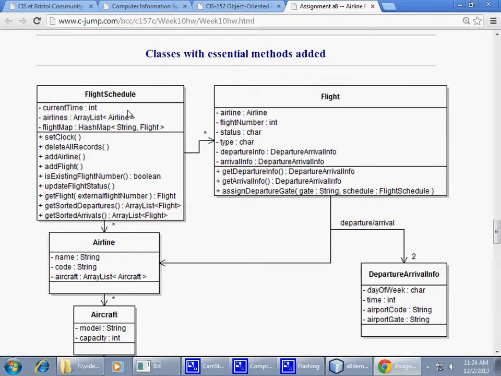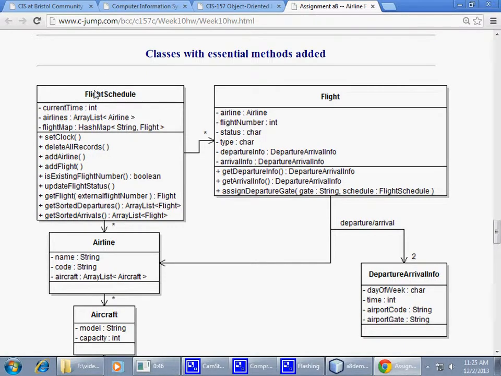So let's start with the flight schedule. If you remember what I said in our Java class last Tuesday, I would prefer to keep the main method of our application very, very small, very high level. That would include perhaps the main method creating the flight schedule and communicating with the user, perhaps also using some other classes responsible for communication with the user, and essentially manipulating almost everything